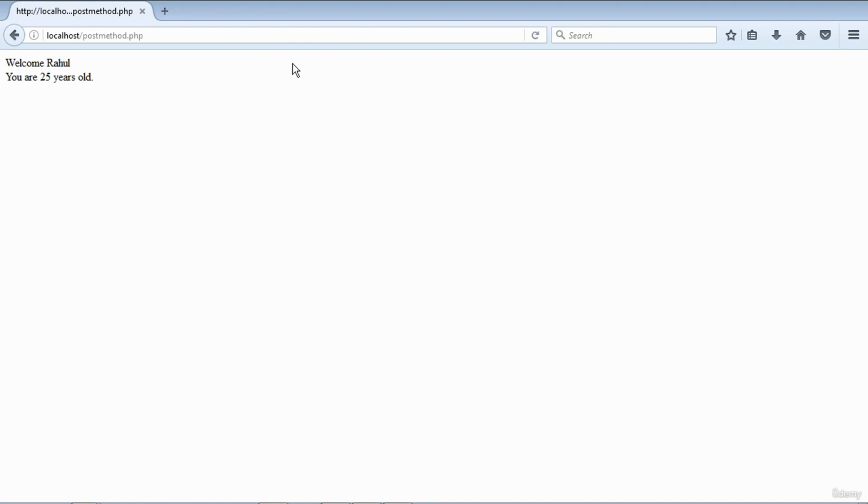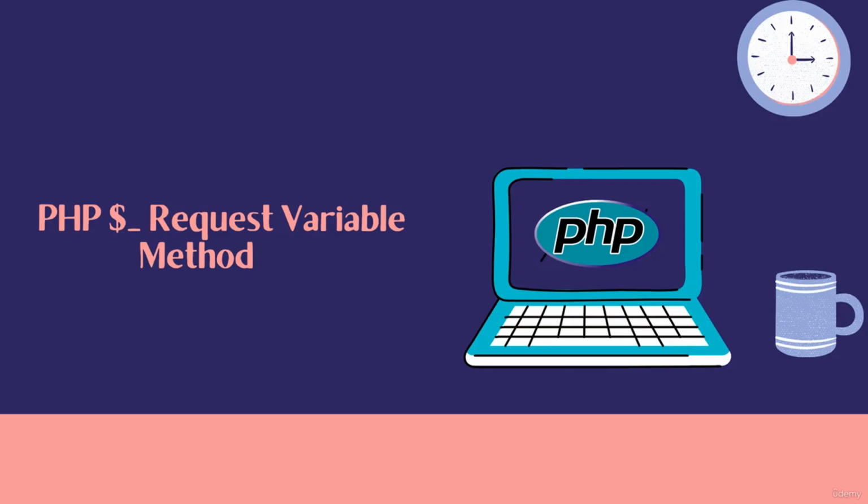The values are echoed back to the browser. So this is the output. So this is how the form data is sent to the PHP script by using the post method. The use of post and get method we have seen. There is another way of using or processing the form data on the server side,